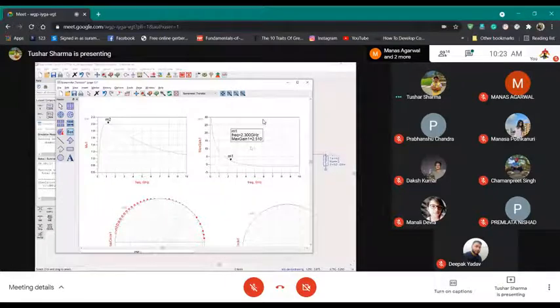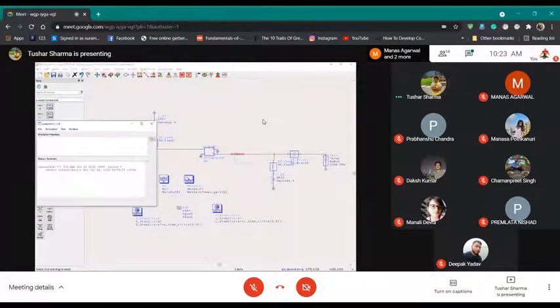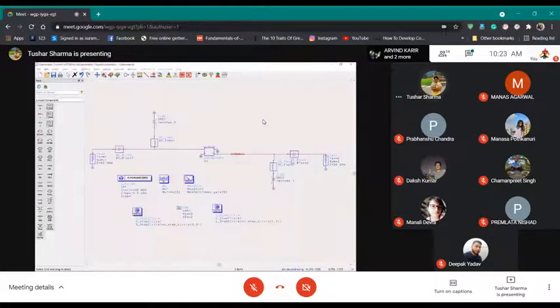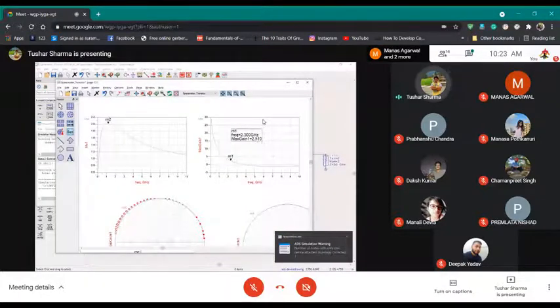gain. Anyone remember the max gain? How much was the max gain without the resistor? So if you want to disable it, you click short here. So it will just short it so that it will just act as a wire. So from this transistor at 2.3, max gain possible is 18.8 dB. Okay. But now when I'm trying to stabilize it with 50 ohm, I get 2.5 dB.